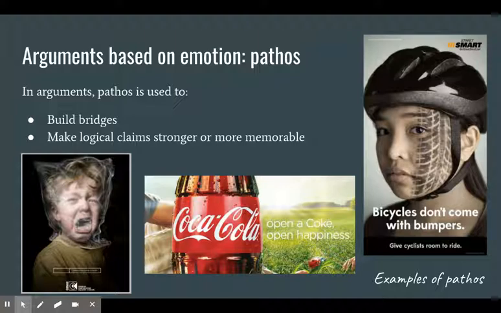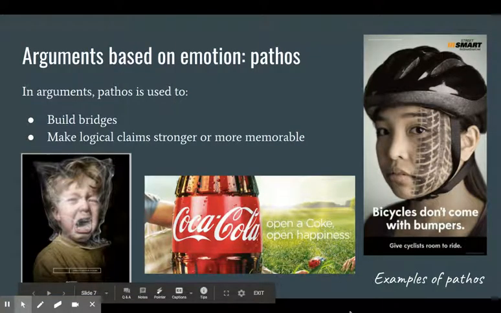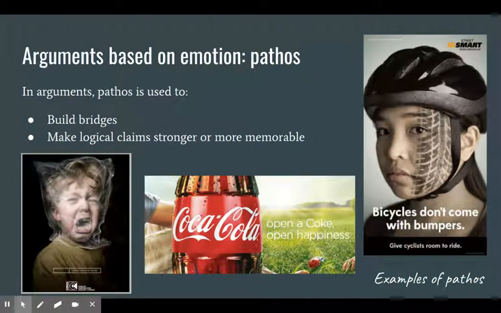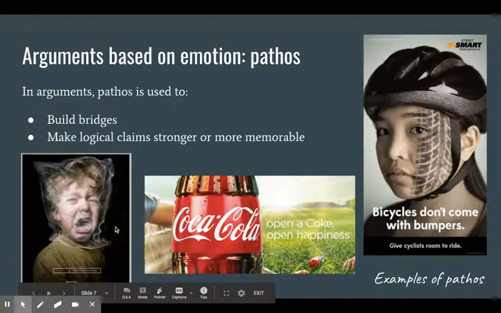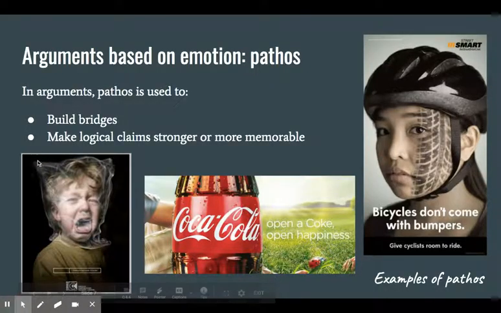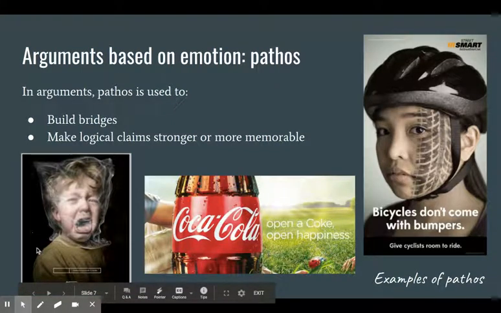So take a look at these examples of pathos here. All of these ads appeal to the audience's emotions, right? In this first ad here on the left, this is an anti-smoking ad, right? And it shows the effects of secondhand smoke for children, right? So they are using visual and imagery to sort of convince us that smoking is bad, right? And that this is how it's affecting children. So the smoke, as you'll see here, sort of resembles like a plastic bag around the child's head.